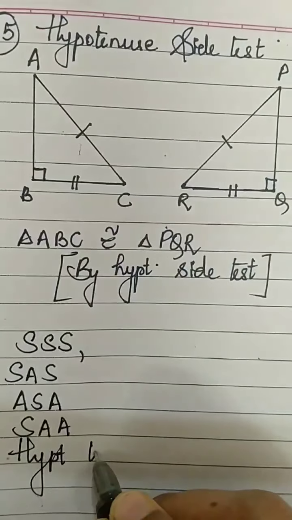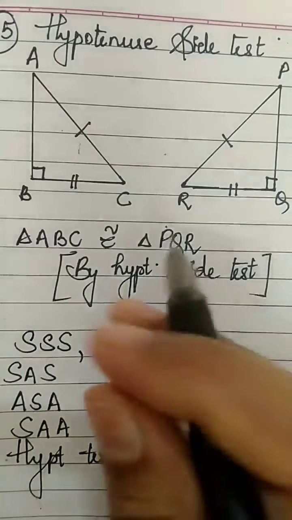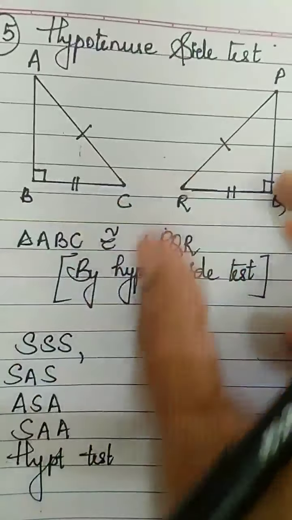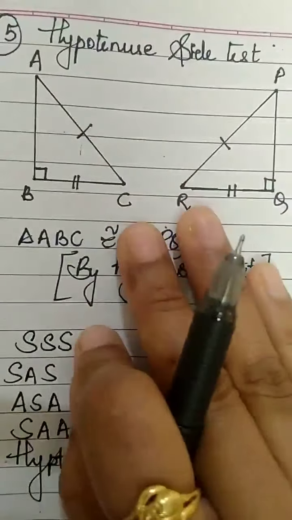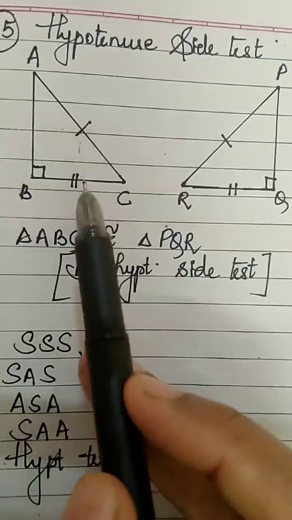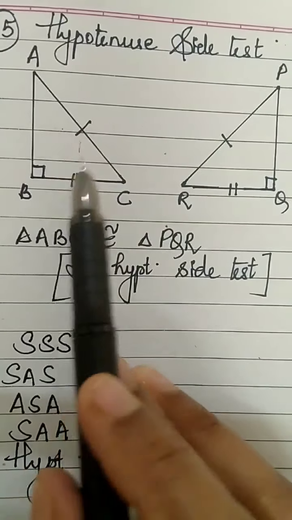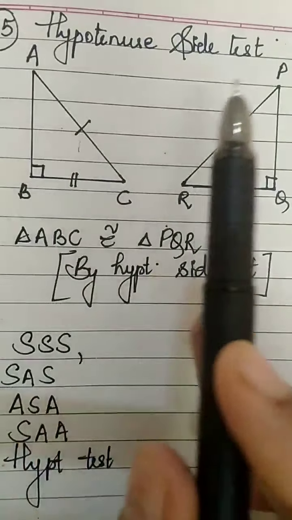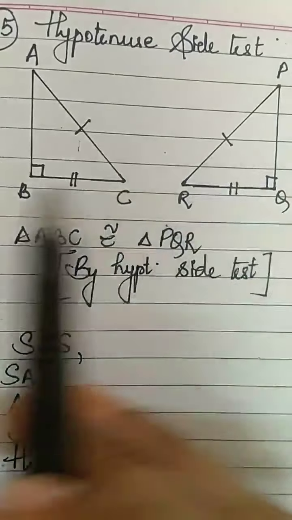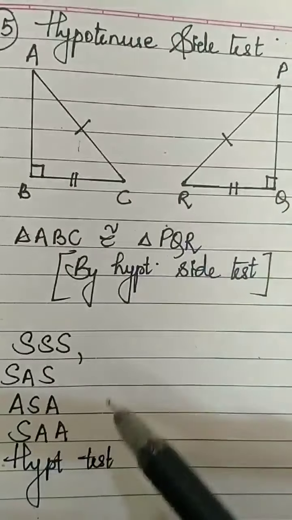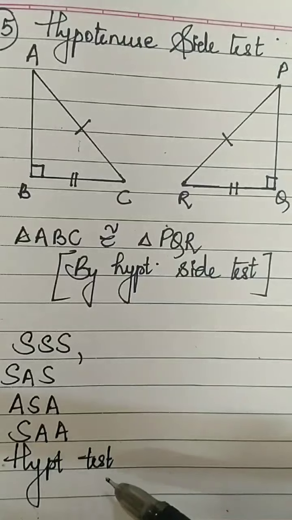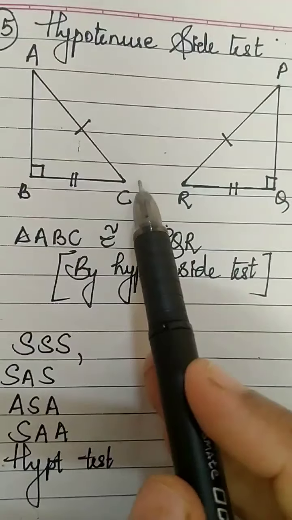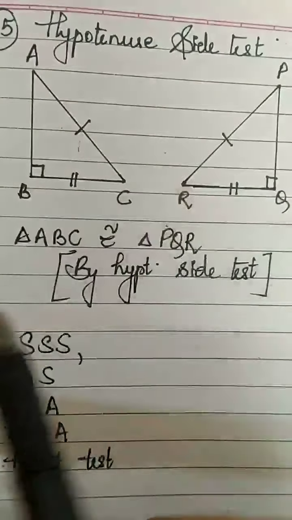Okay, these are the tests by which we can prove that one triangle is congruent to the other. So three things we need. If three specific parts of one triangle are congruent to the corresponding specific parts of the second triangle, then we can prove the triangles are congruent by any one of these tests. If three parts are congruent, obviously the remaining parts also will be congruent.